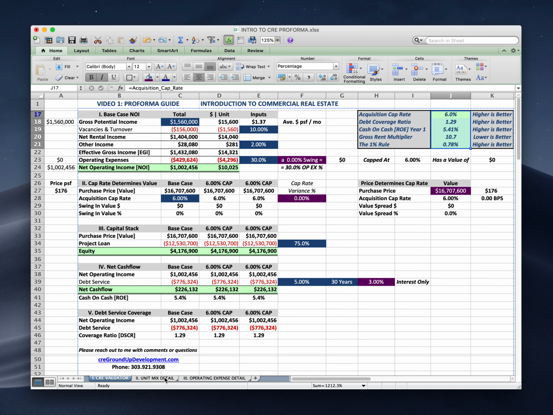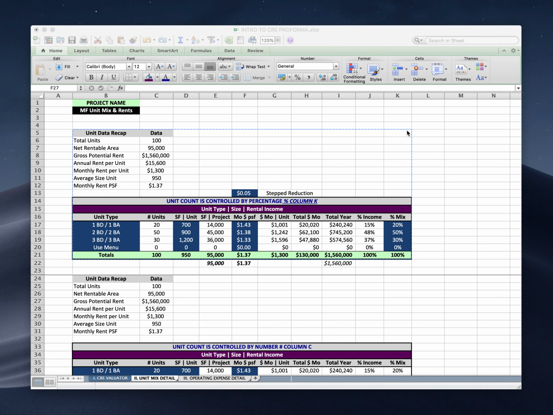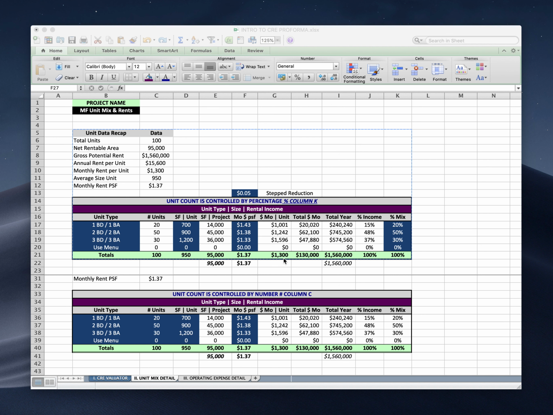So last piece to show you, or a couple of pieces in this video number 1. What I've done is allowed for an analysis where, if things are looking promising, you can actually get into analyzing things like the unit mix and the square footage and rents and the percentage mix. These 2 pro forma recaps here are exactly the same thing with one difference, and that is oftentimes if what you're doing is